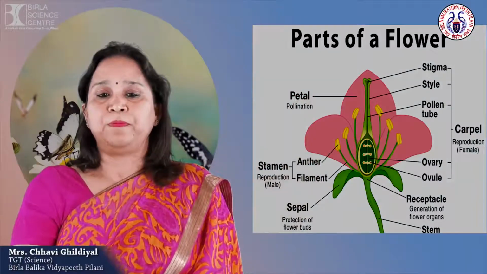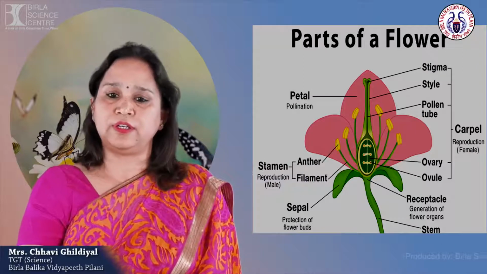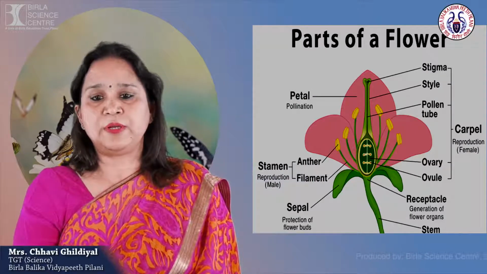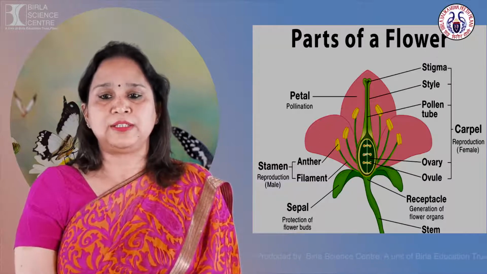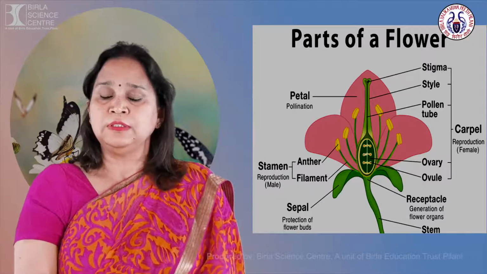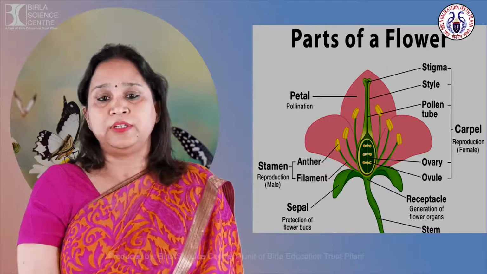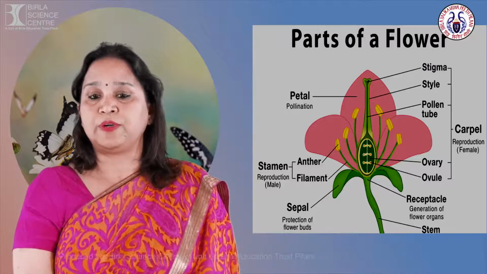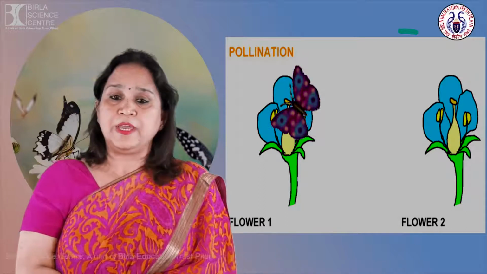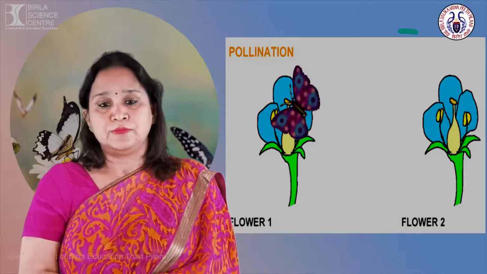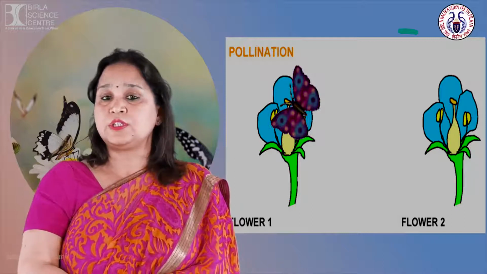After discussion of the parts of the flower, we know that the stamen is the male reproductive organ and the carpel is the female reproductive organ. In the anther, male gametes are formed, and in the ovary of the carpel, the female gamete is formed. But the next question arises: how does this male gamete transfer towards the female reproductive organ? The process by which the male gamete gets transferred towards the ovary or towards the female reproductive organ is called